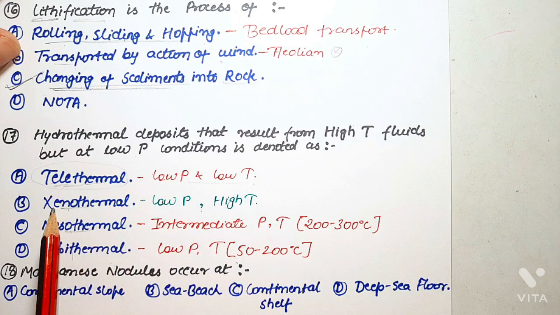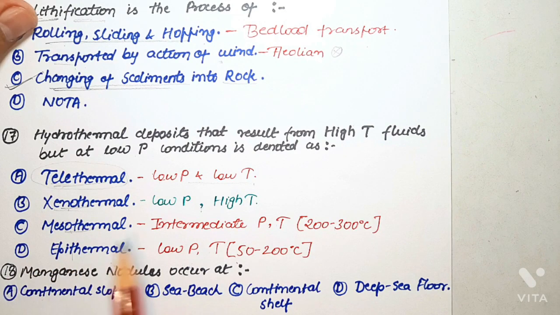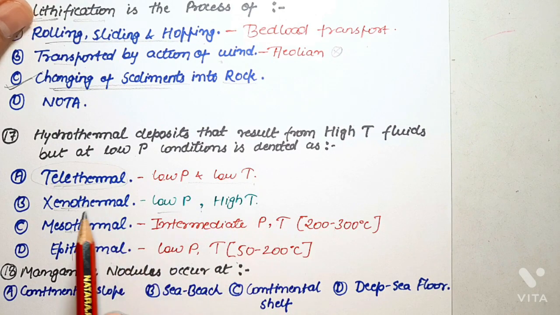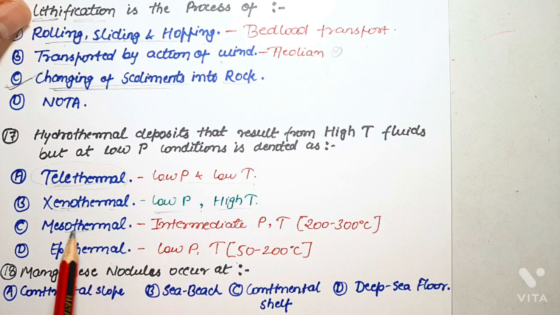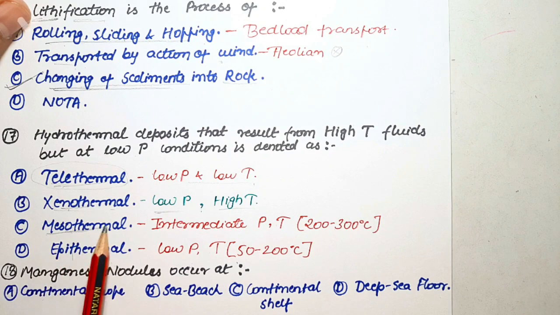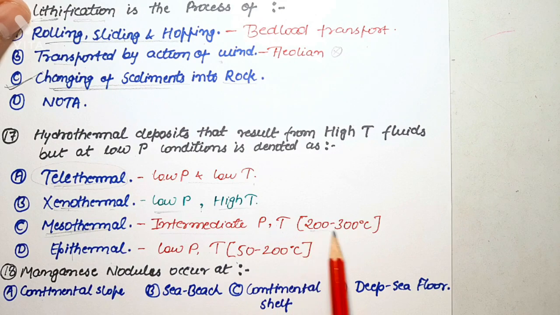Next one is genothermal. Genothermal are those deposits that formed very close to the surface. If these are very close to the surface, then the pressure condition will be low, but at elevated temperature, that is high temperature. So genothermal formed under low pressure but high temperature condition. Next one is mesothermal. Mesothermal deposits are those that formed at intermediate pressure and temperature that ranges between 200 to 300 degrees Celsius. Next one is epithermal. Epithermal deposits are those that form in low pressure condition and temperature ranging from 50 to 200